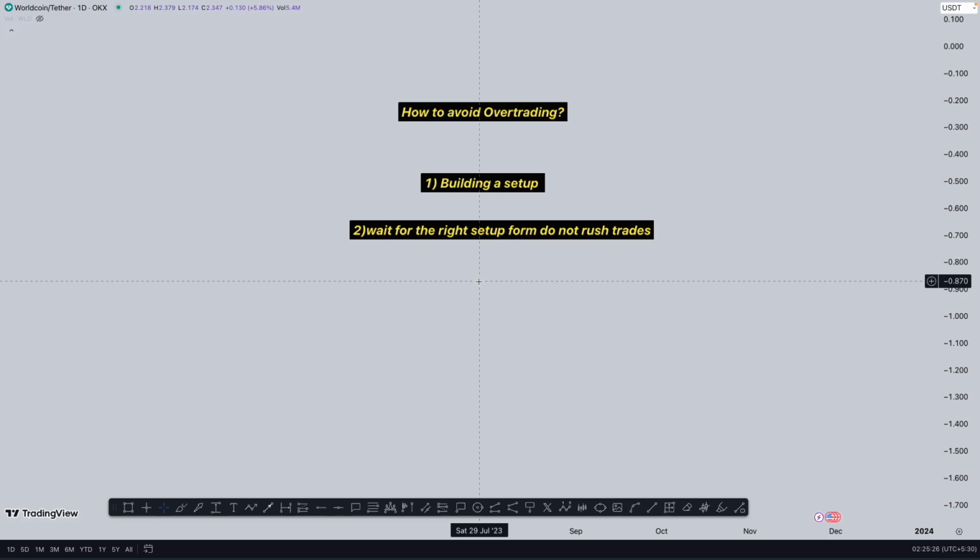So if you are risking 1 rupee or $1 per trade, then you need to make sure that you are at least making $2 or 2 rupees in the same trade. If not that, I am at least exiting at 1 is to 1. If you are risking 1, you are at least making 1. In your initial days, even if you can follow a 1 is to 1 setup on some trades, you will still be ending your month with a basic or minimal profit. So waiting for the right setup not only helps you to understand your setup, but at the same time builds patience, which is very important in trading, in investing, and in whatever you do apart from trading and investing as well.